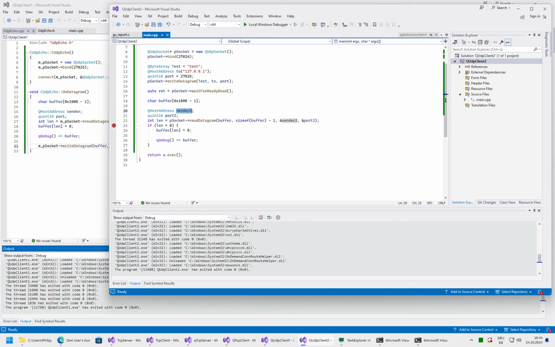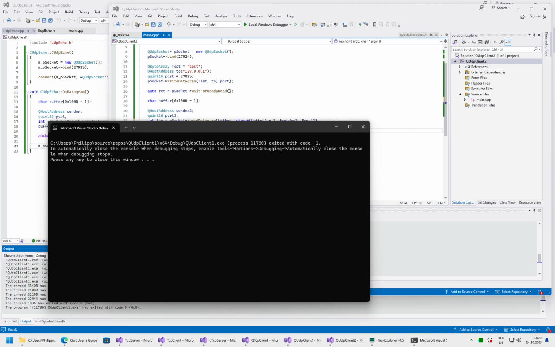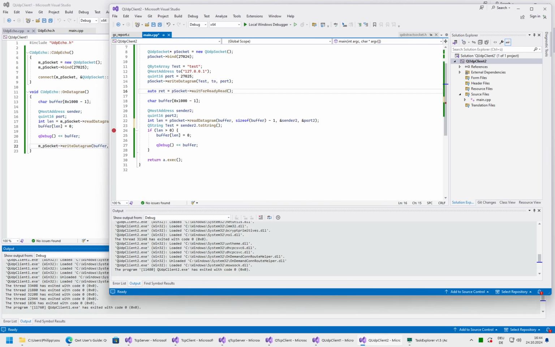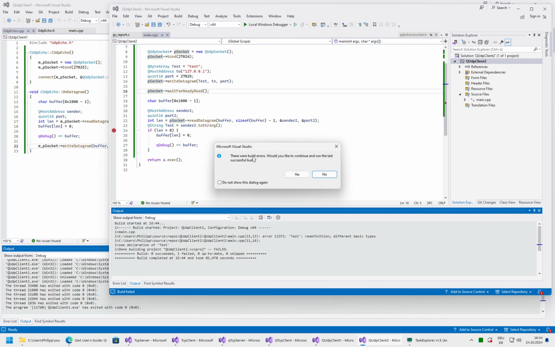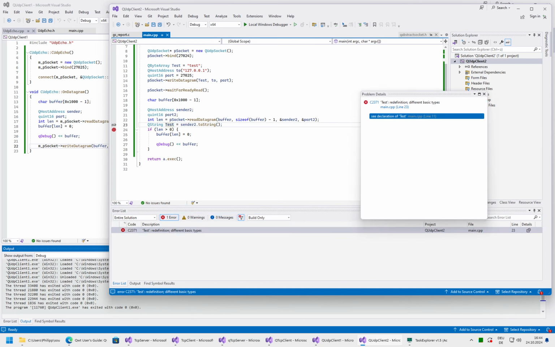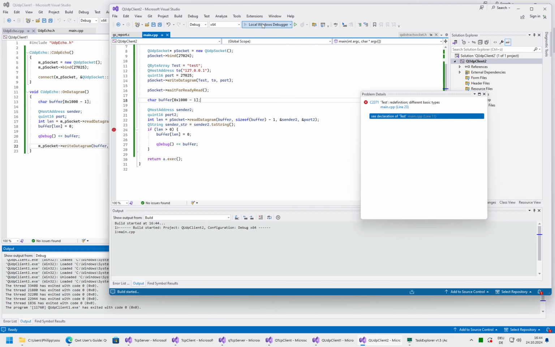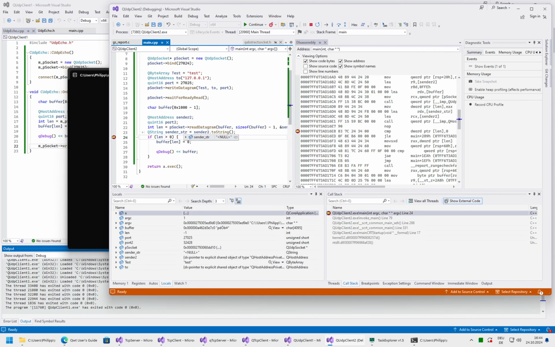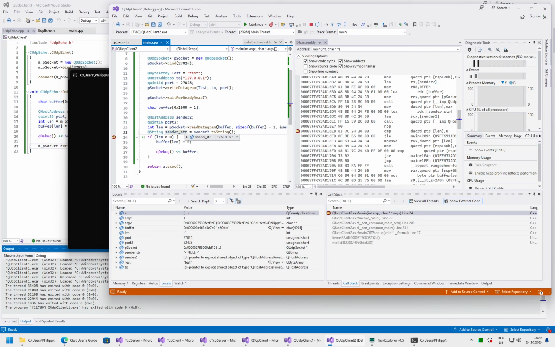And for the sender, we could convert this to string so that we see what it was. So QString test. It should still be localhost. Right, so the other one is not running. We should run into the situation where this will not be blocking and we get some random reply. Alright, we already used test. Let's call it sender string then. Okay, so the address was not